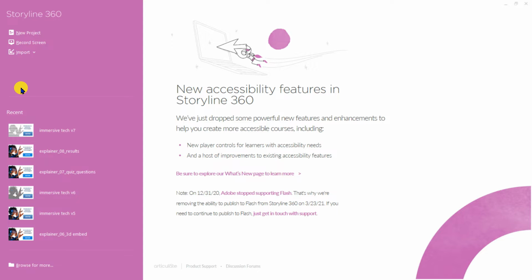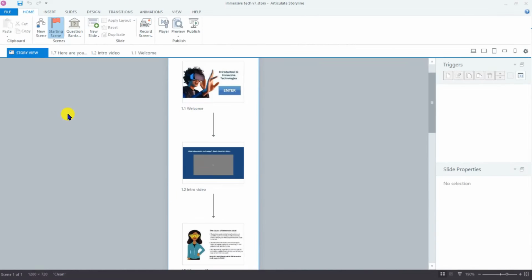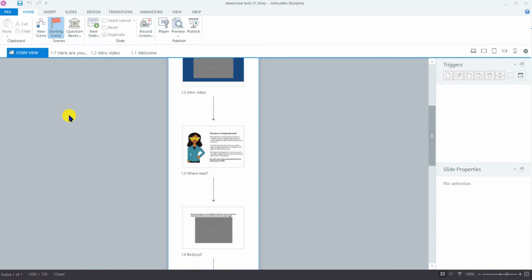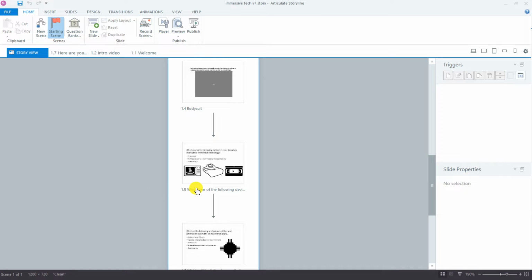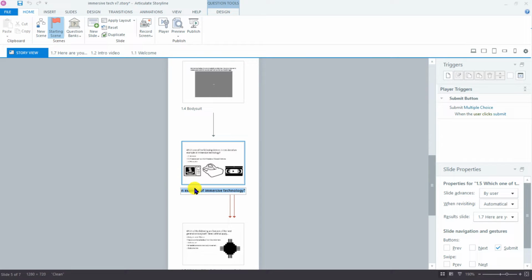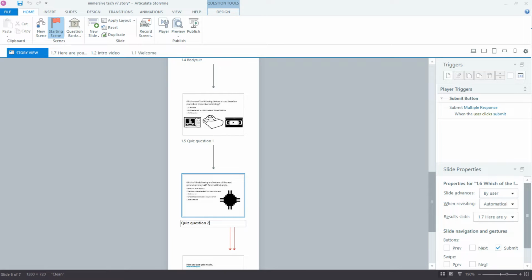Welcome. We've opened the project file saved at the end of the previous explainer. Our example e-learning package is close to being completed. Start by checking you've given every slide a descriptive name. Your users are going to see these names if you include a menu in your player, as is the default